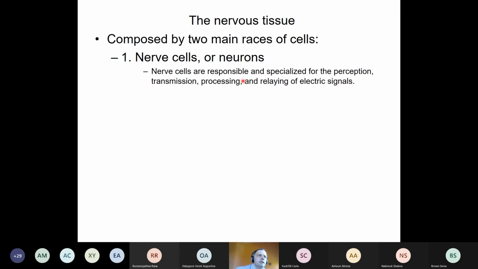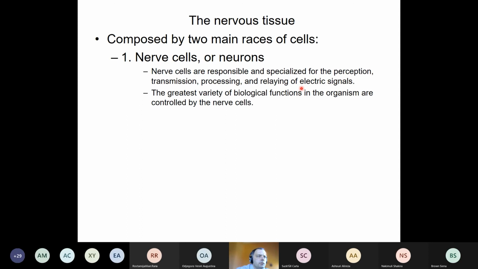They may even process that signal and relay it, but what is not characteristic for them is that they are not specialized for that. So this is the point here, that the nerve cells are specialized for the perception, transmission, processing, and relaying the electric signals. So this is their main function, and because of this, they are responsible for the control of biological functions, and